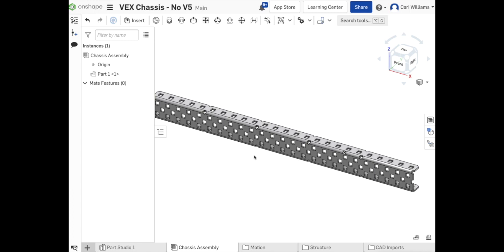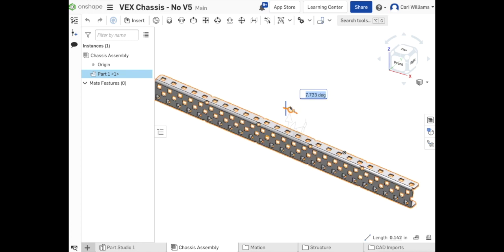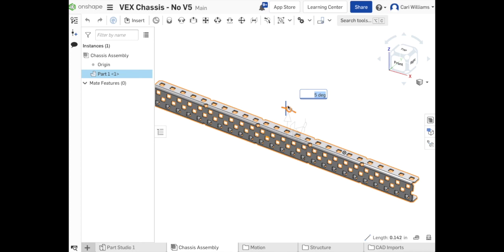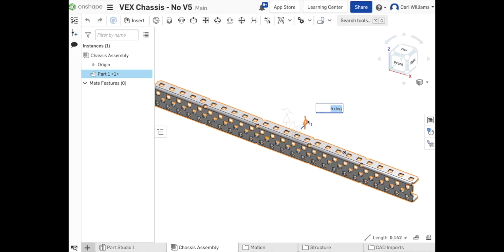So I want this part to be lined up with this view cube right here so that it's isometric. It actually came in almost perfect. If you want to adjust it a little bit, you just select it and you can move the arrows to kind of get it to match those angles that are in that view cube. So you might need to rotate it forward and backward. And so when you get it so it looks like it matches the angle when you're looking at the front view, so this would be my front view of my robot, when I home it in the isometric view, that looks about right. So I'm going to deselect the C channel,